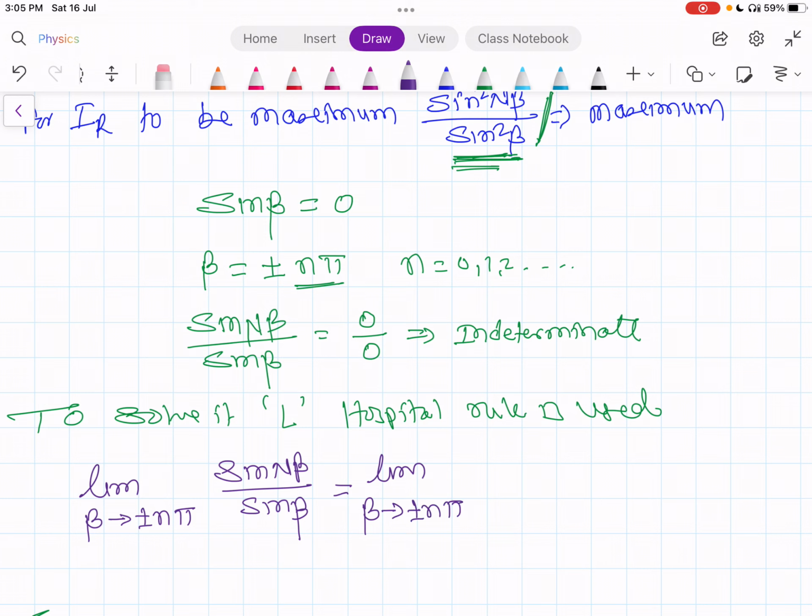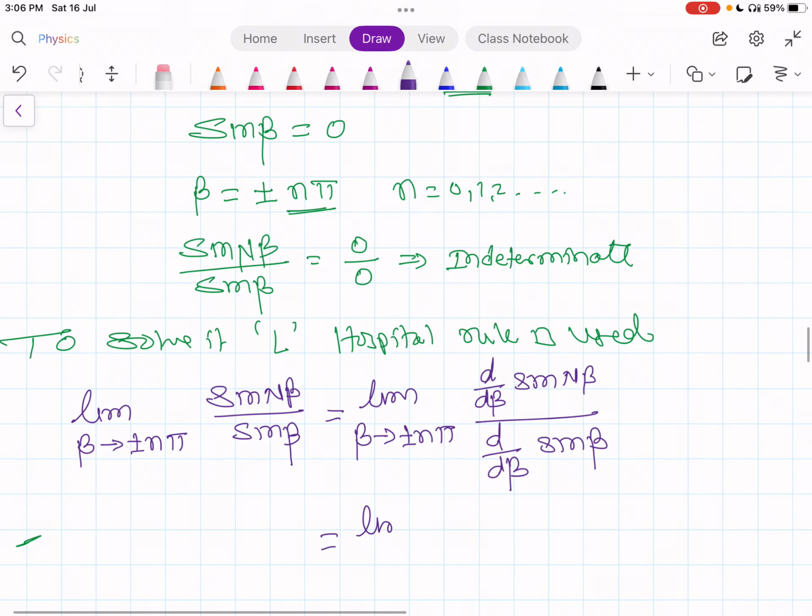We have to take the derivative of the numerator and denominator, that is d by d beta of sine n beta divided by d by d beta of sine beta,